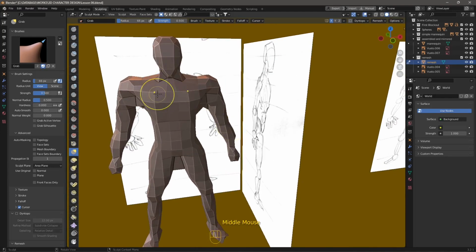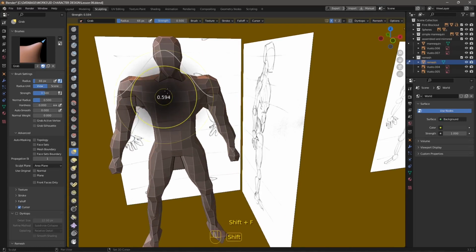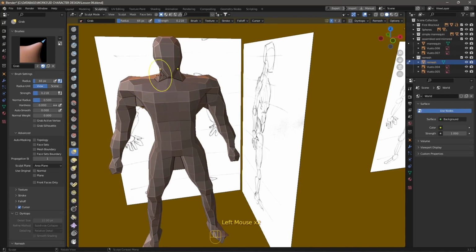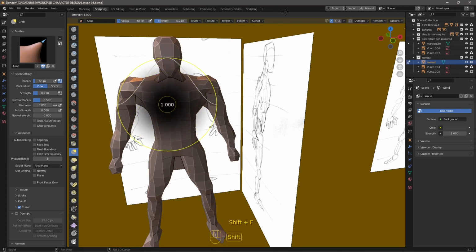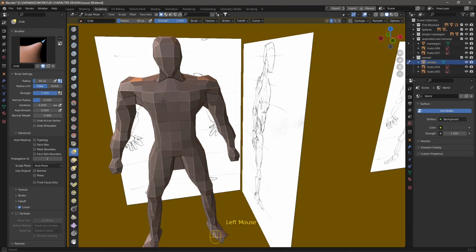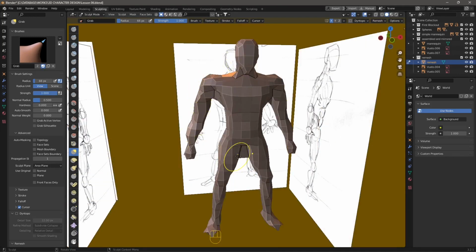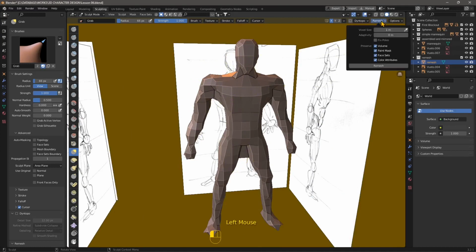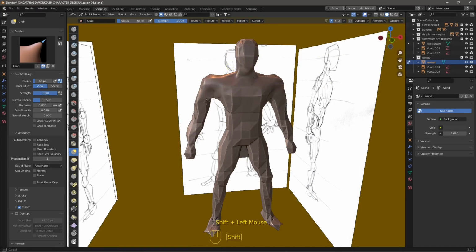The other really important key is Shift F. So this is going to change the strength. Sometimes you want a low strength because you want to go really nice and smooth and take your time. Sometimes you want it stronger, so Shift F, increase it. You have here 1, which is the maximum, so this is going to be a really strong effect. Now, once you get the overall shape, you can then remesh to a lower voxel size, for example, 0.1, and this is going to go into more detail. And you can smooth if you have this blocky